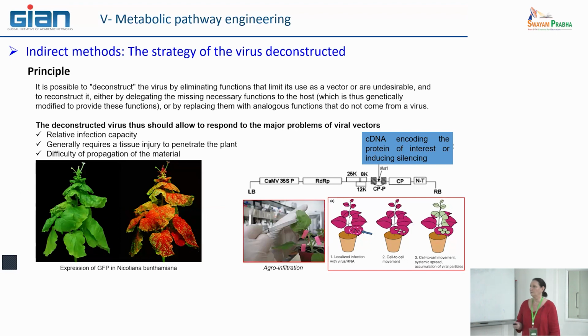Here it's, for example, an expression of not a very interesting gene. It's a selected marker gene that encodes a green fluorescent protein. This is a useful selective marker because we put our plants under UV, and if this gene is expressed, they can fluoresce in green. And here you can see that this is Nicotiana benthamiana, I think. The red light under UV corresponds to which pigment?